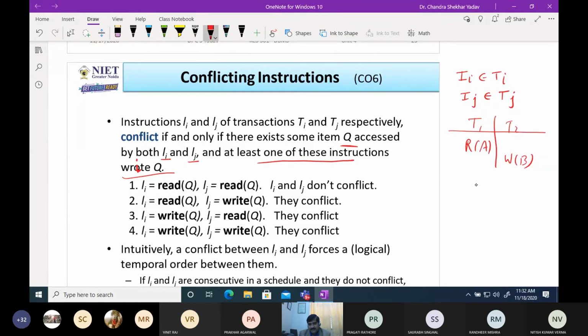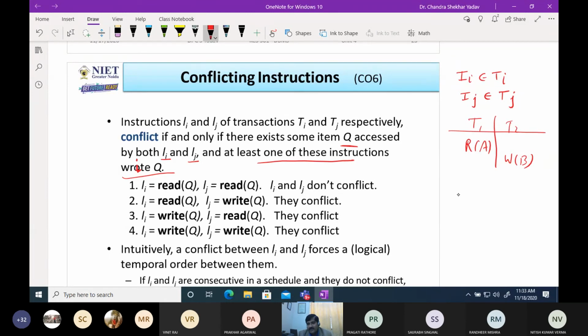If one passenger is doing a reservation in Kashi Vishwanath and another is doing a reservation in Shatabdi, then these are different data items, so there should not be any conflict. But if both are trying to access the same data item and one is performing a read and another a write, then there will be a conflict.